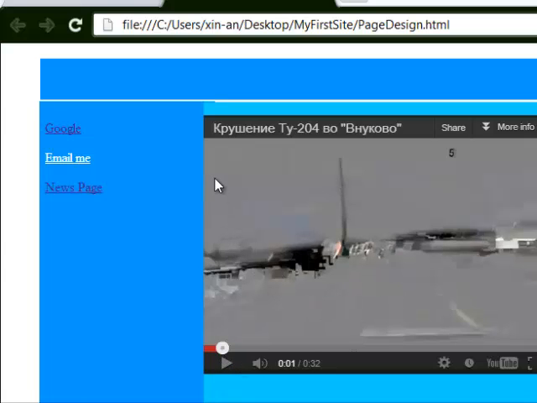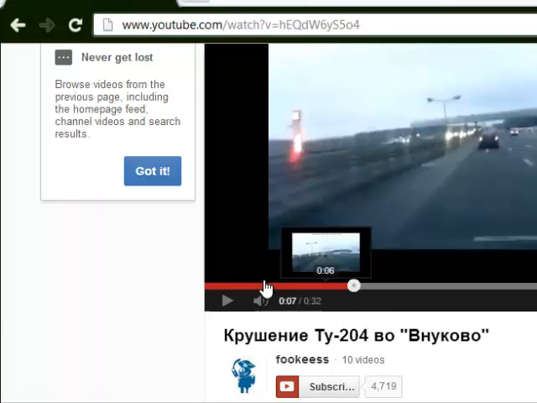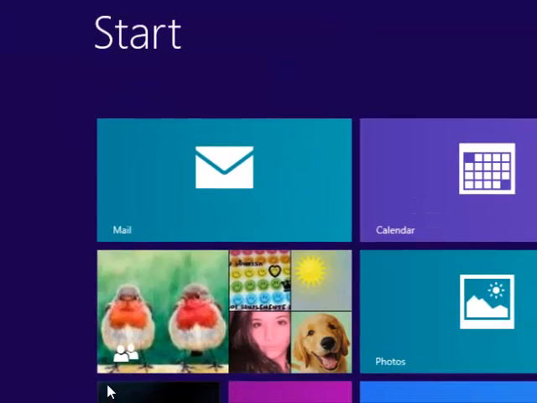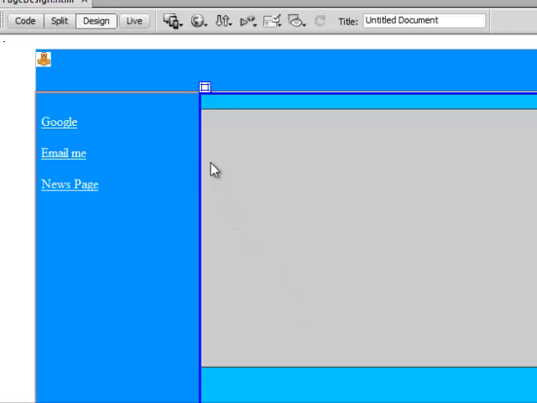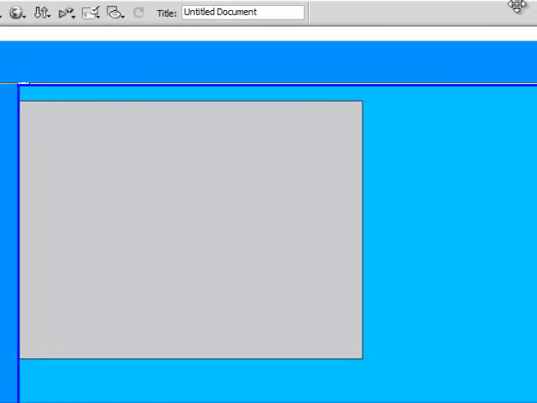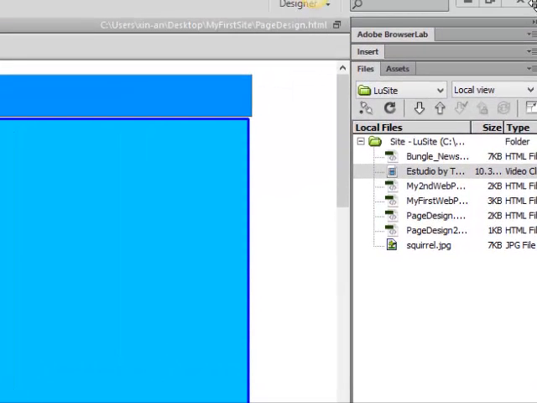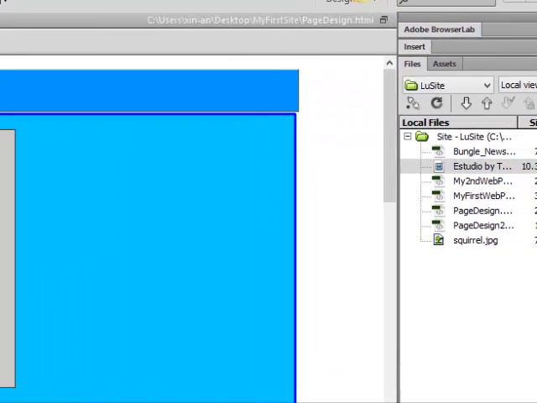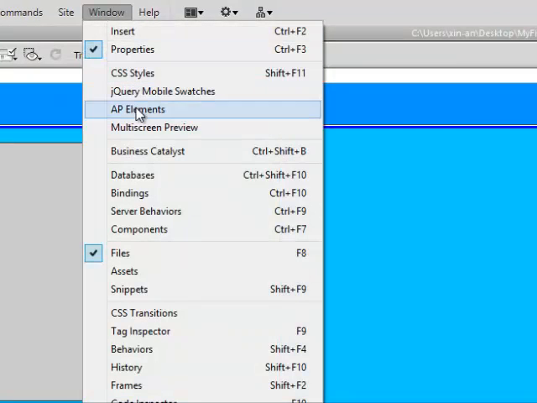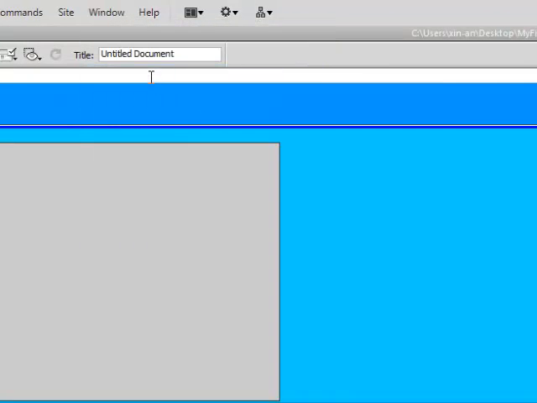Okay. Now currently you see that there's no space between this video and the border of this box. That's visually not very good. So let's close this window and go back to Dreamweaver and give some space. Let me click design view again to give some space between the video and the border of this box. And what you need to do is to go to the CSS style panel. Currently it's not there in the right hand column, so you need to click window and select CSS styles,